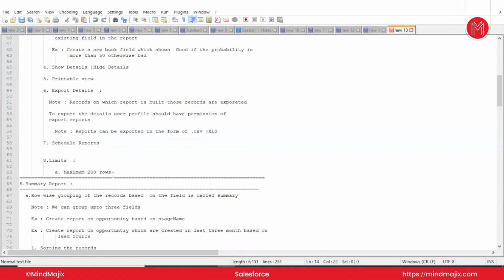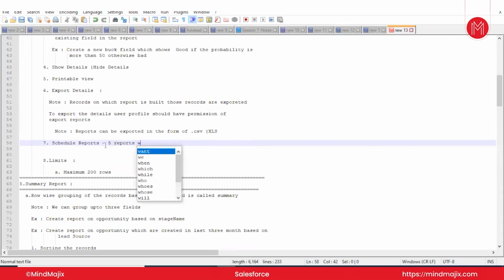A scheduled report is nothing but, at a period of time it should run and it should send a report to a particular user's mail. And one more thing I need to mention, only 5 reports we can schedule